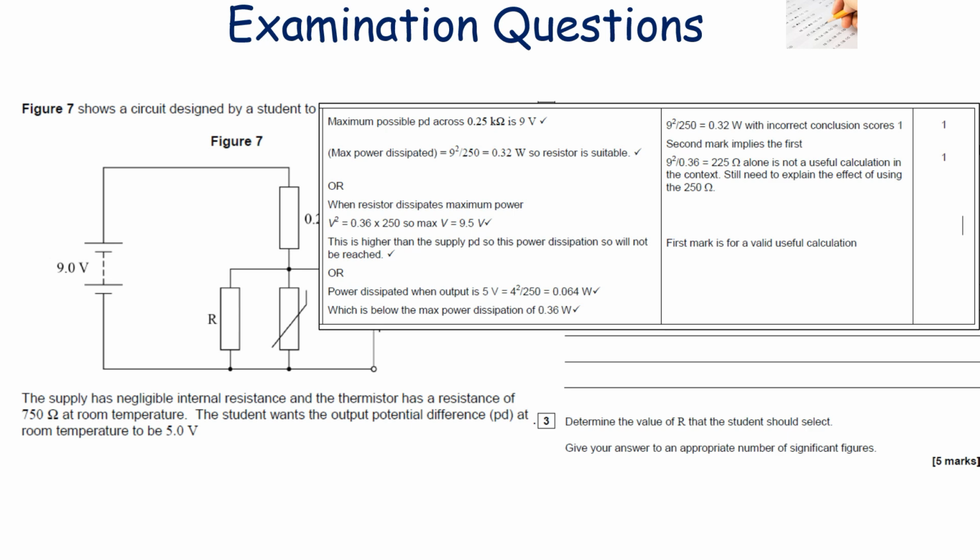Right, so in this first question, what are we aware of? That the maximum possible PD across the 0.25 kilo ohm resistor is 9 volts, because if you look, this resistor is going to be in a potential divider circuit with this parallel combination. So the maximum possible PD it could draw is 9 volts, the entire EMF of the battery. So therefore the maximum possible power you can dissipate is P is equal to V squared over R. Now we know R is 250 ohms, that's what 0.25 kilo ohms is. Then we can say P is equal to 9 squared, the total possible voltage, 9 squared over 250, which is